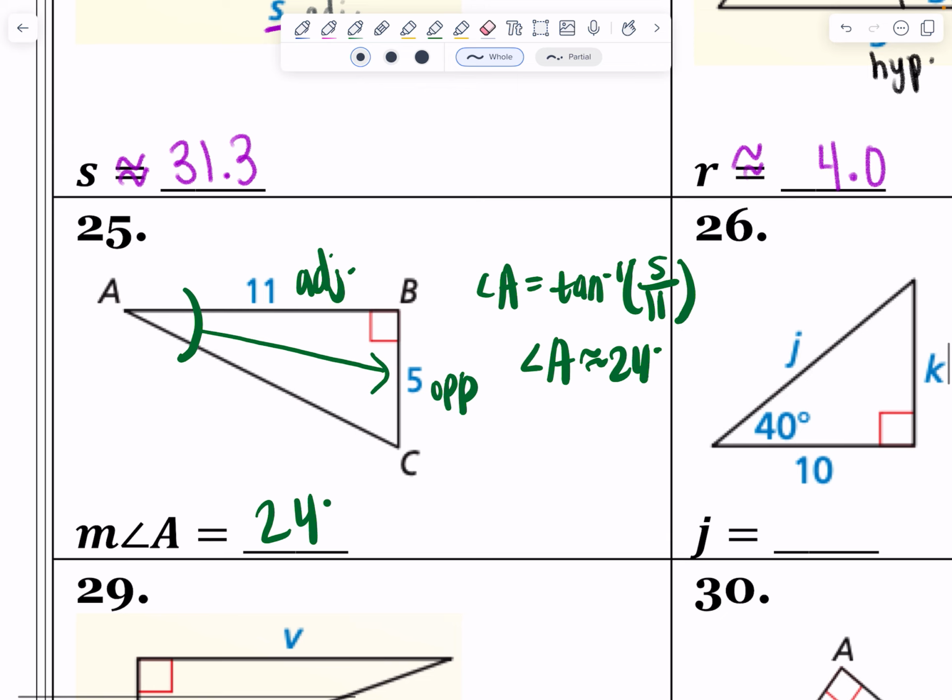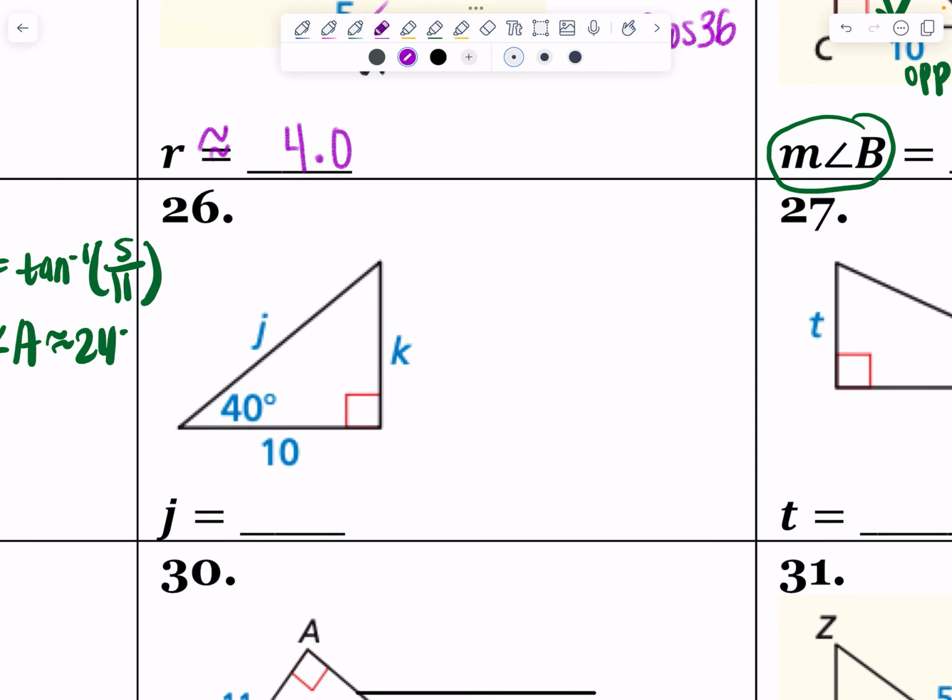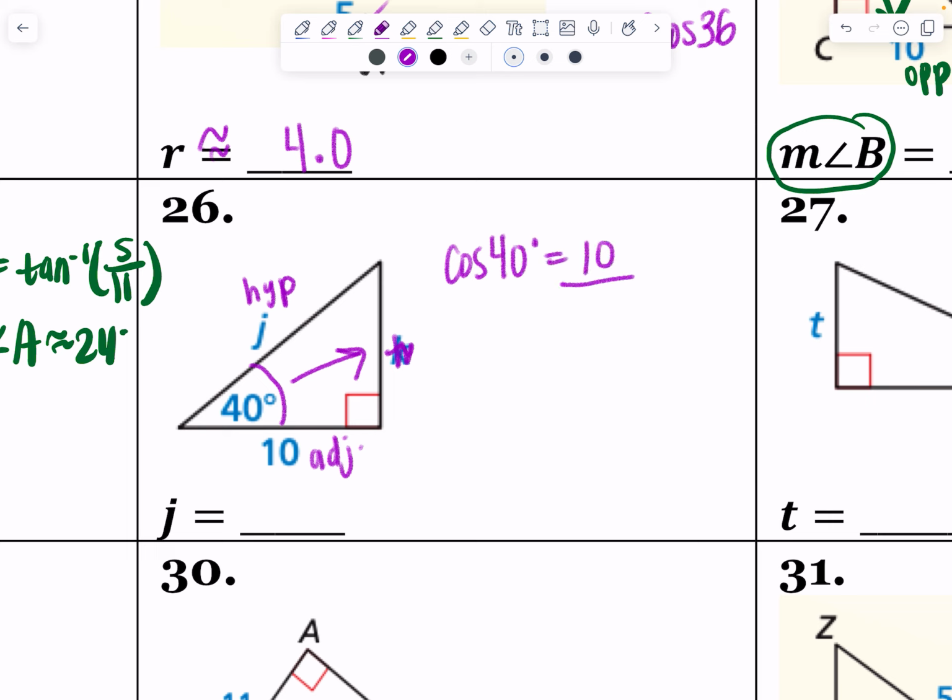Now number 26 is again solving for a side length. So I'm going to scribble out K. They don't ask me for K. So I know I'm going to be using normal trig. The opposite of 40 is blank. I need J, which is hypotenuse. 10 is adjacent. I'm going to be using some cosine. So that's going to be the cosine of 40 degrees is equal to 40's adjacent, which is 10, over 40's